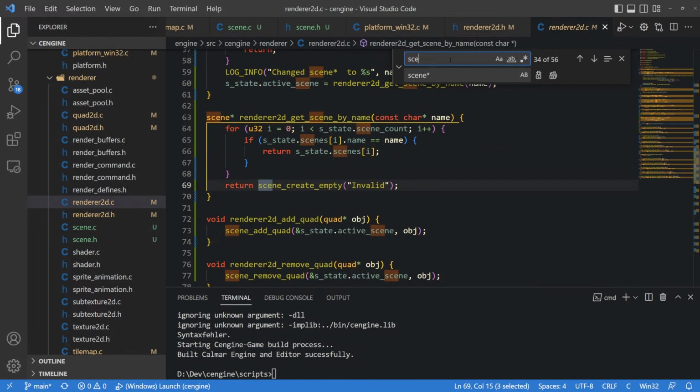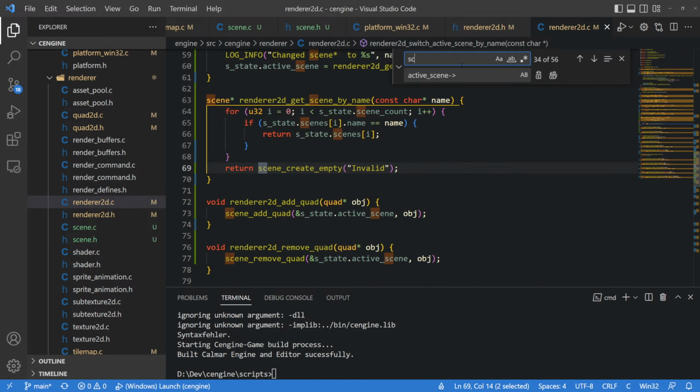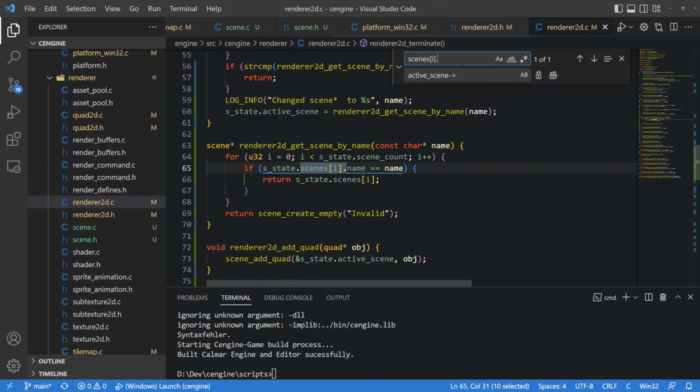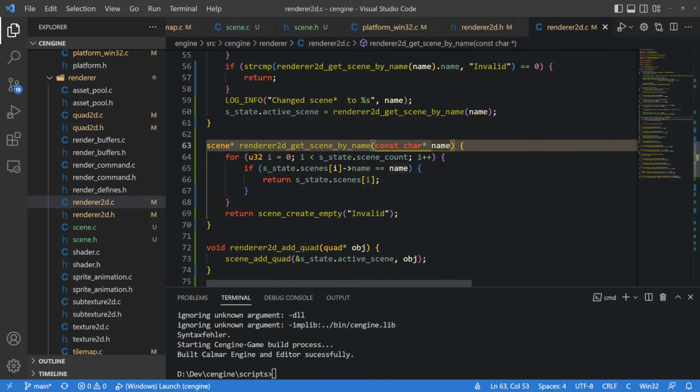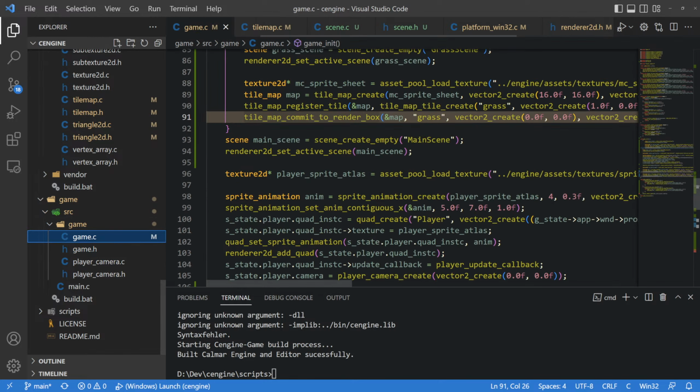Okay, so we have everything which is active scene dots we replace with active scene like that. Then scenes at I dot replace with scenes at I like that. Okay, now